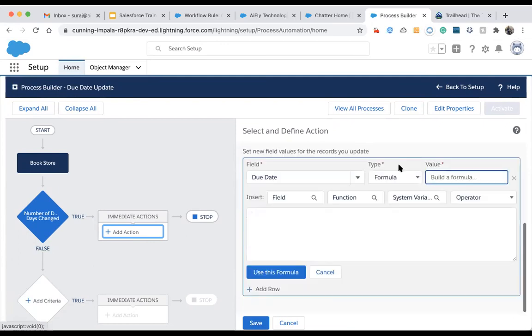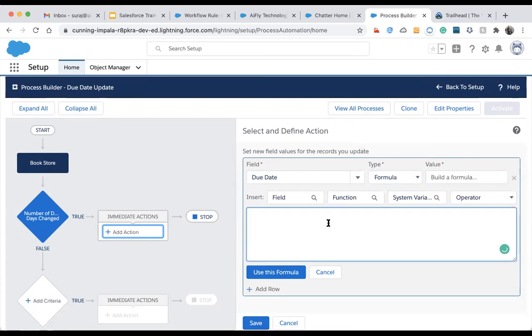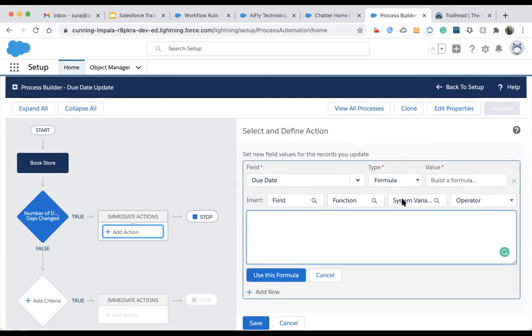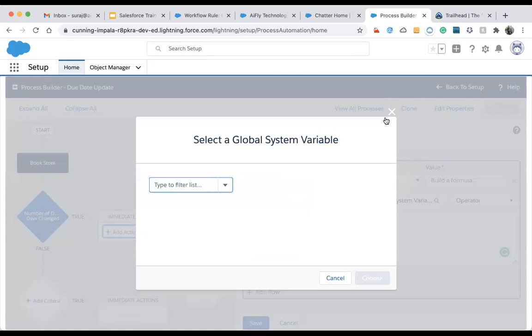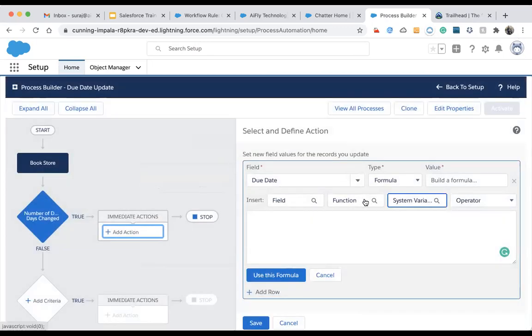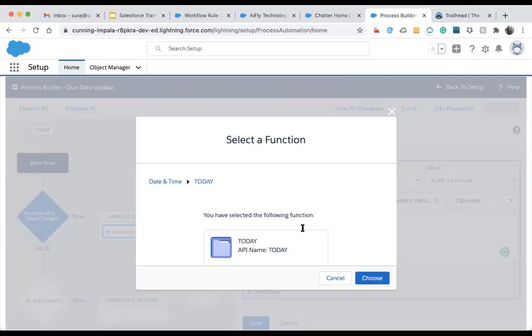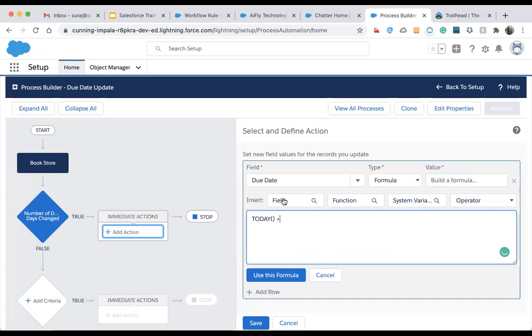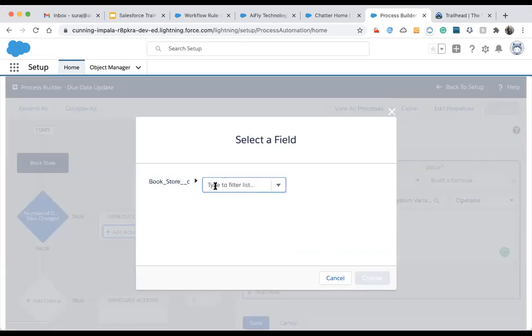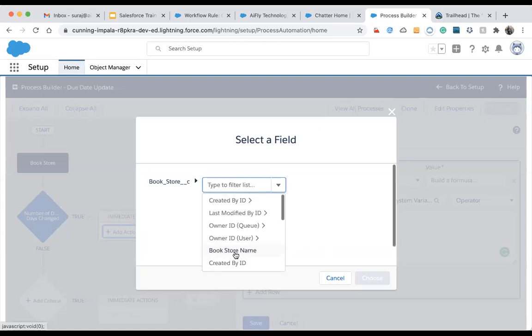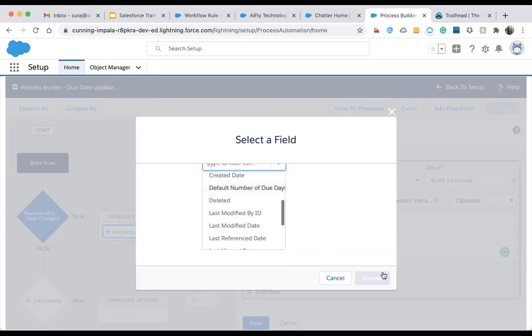So what I will do is build a formula. I will use the date time function and choose today plus the field that is related to bookstore, due days, number of due days.